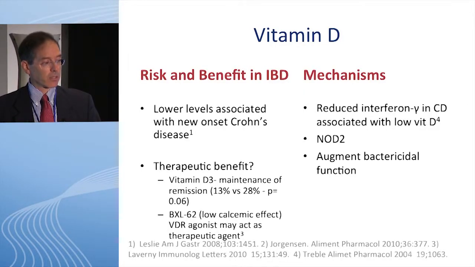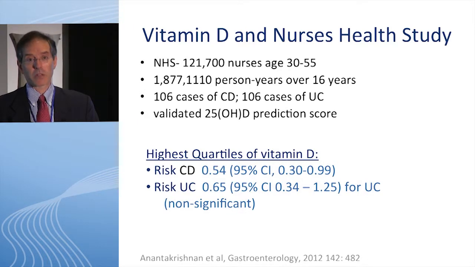Vitamin D is critical. Low levels are associated with new onset of Crohn's disease. It may be that vitamin D is critical for not just bones, but the immune interaction in the gut with bacteria, particularly with NOD2. And when we look at a broad database, the Nurses' Health Study, following over 80,000 nurses over several decades and looking at vitamin D intake, the highest quartile had a markedly reduced risk of the subsequent development of Crohn's disease. This was not the case for ulcerative colitis. So again, a distinction between the two: vitamin D may be critical for Crohn's disease, and may not be as important for ulcerative colitis.